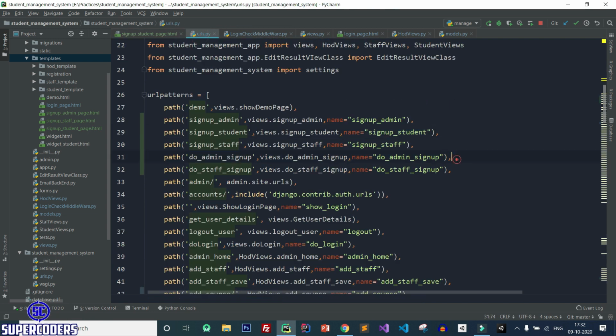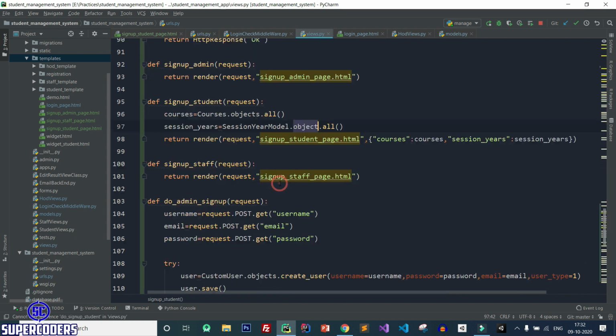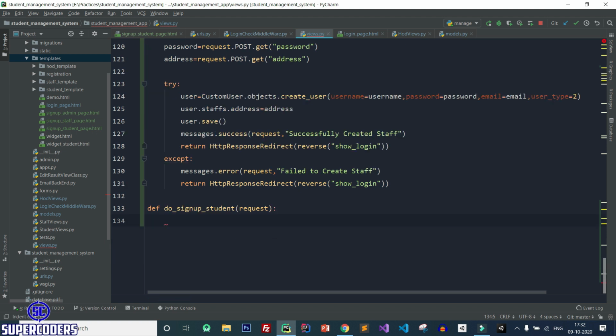Let's add a URL for do sign up student. Again come to views and here define do sign up student request, and here making a code for sign up student. So let's see how you can do this.